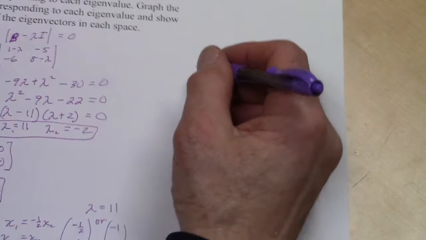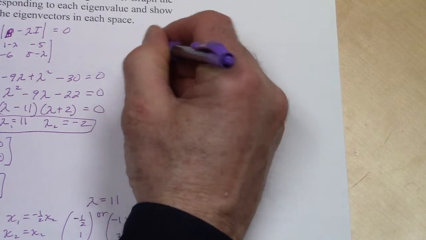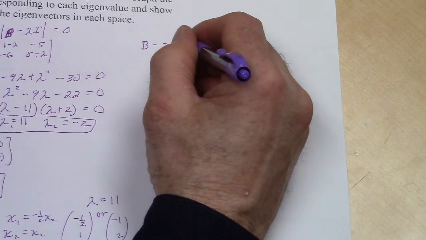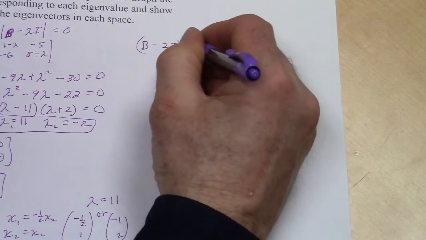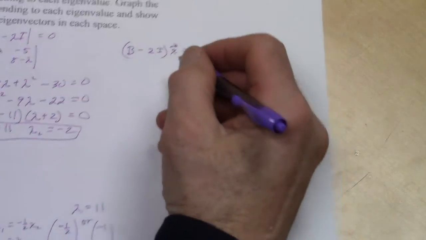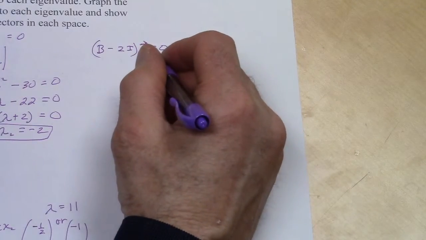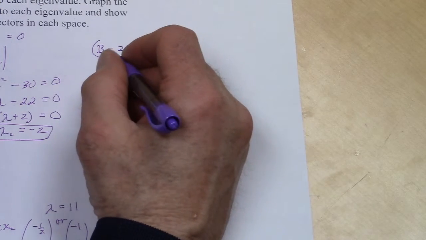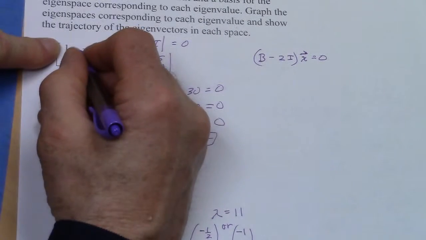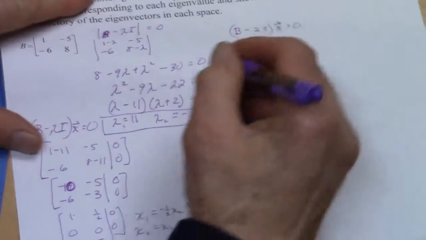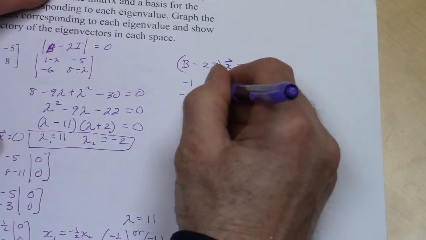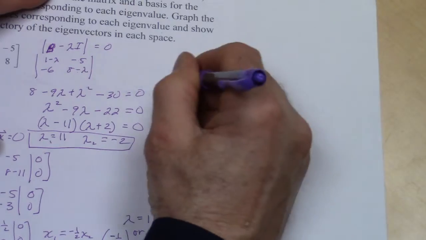Now for lambda equaling negative 2, we'll take B minus negative 2 times the identity matrix, right? And then we'll solve that homogeneous system. For that, finding the null space, which is an eigenspace in this case. So we get 1 minus 2 and 8 minus 2. So that should be negative 1, negative 5, negative 6, 6,